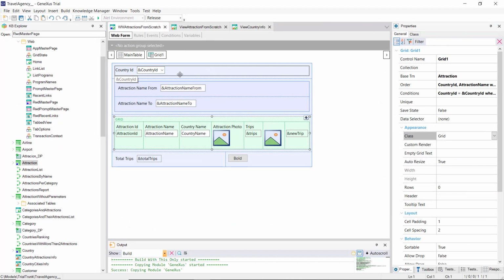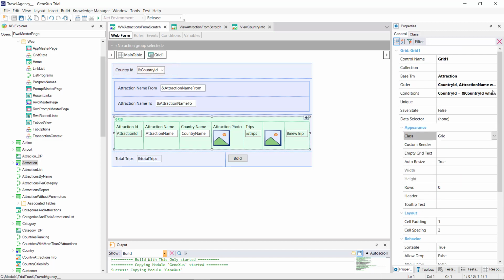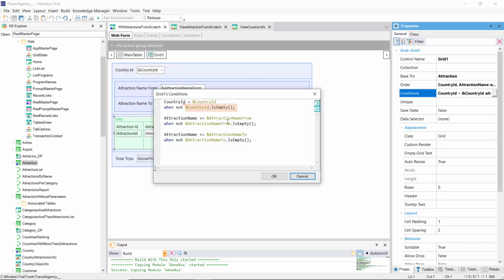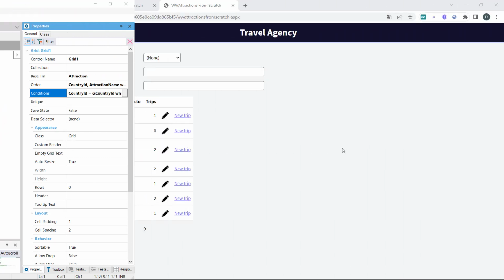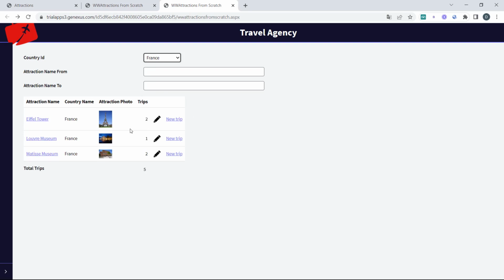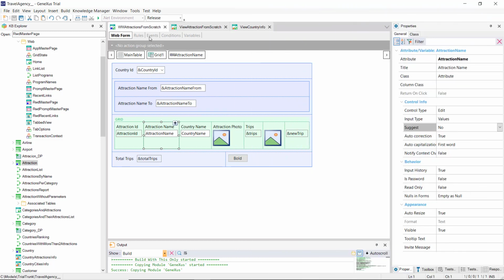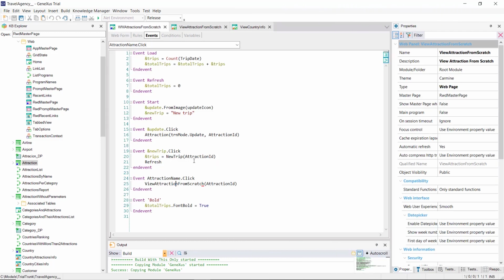To do this, let's go back over our steps a little and remember what we had implemented in the previous videos. We had the limitation of the attractions work with element, where the user could filter by country by choosing a value in this variable, which was being used in the grid conditions to filter by that country if the variable was not empty. But also, from this panel, the user could see the information of an attraction by clicking on its name,